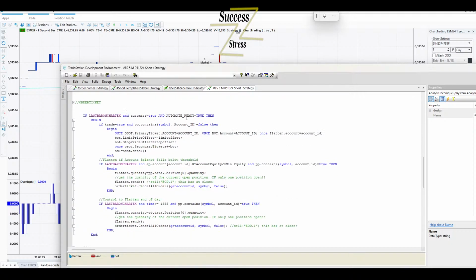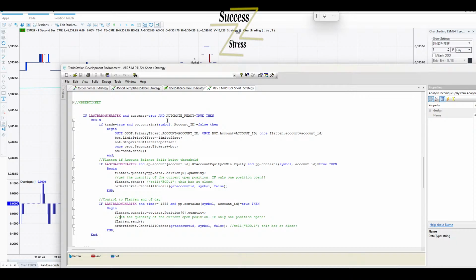Automate was true and automate ready. Oh, gotcha. Check this out. And so this is why, with automation, you really want to try it out on your simulation account. You really want to make sure that you have it back tested well, that you understand the strengths and the weaknesses of your script. Because the market that I trade is going to be between 9:30 and 4, just because that's when margin hours are and where I can use intraday margin rate.